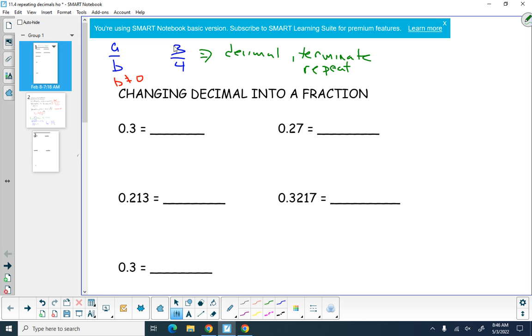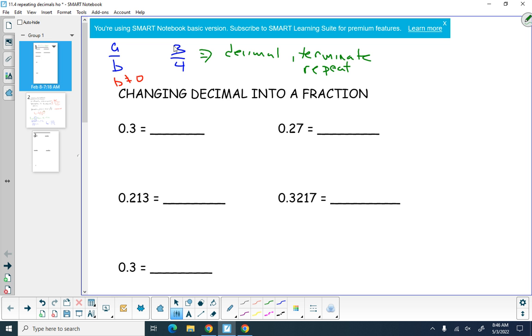Which means we should be able to change any decimal back into a fraction or a rational expression. Once again, the key to mathematics, and the nice thing about mathematics, is every process that is doable in the mathematic world is undoable also in that mathematic world. Well, if I had the decimal 0.3, and I want to change that into a fraction,